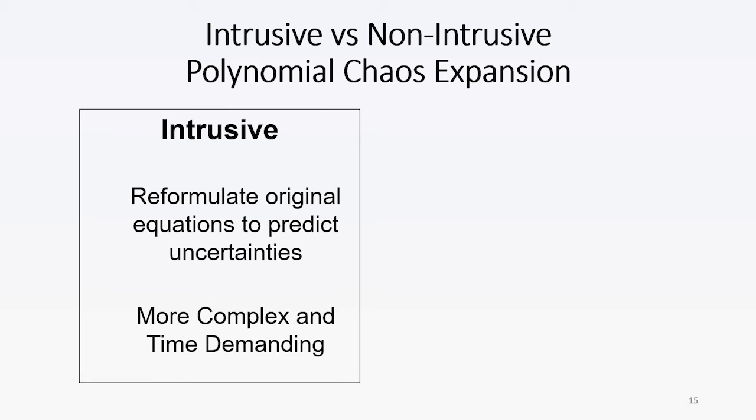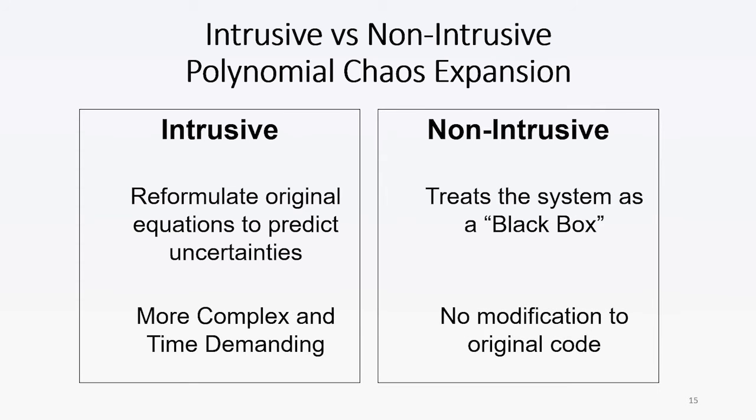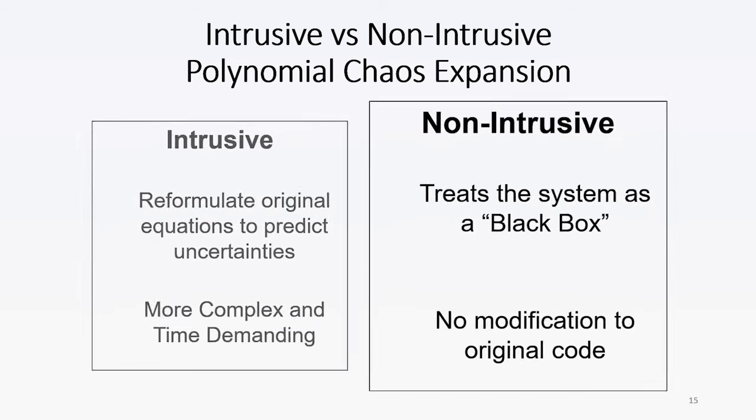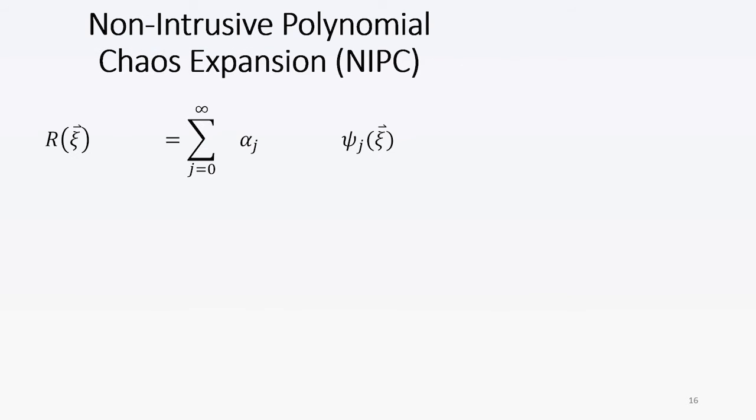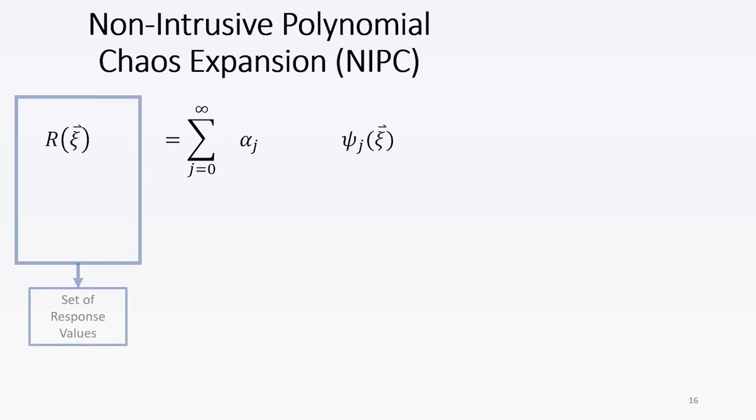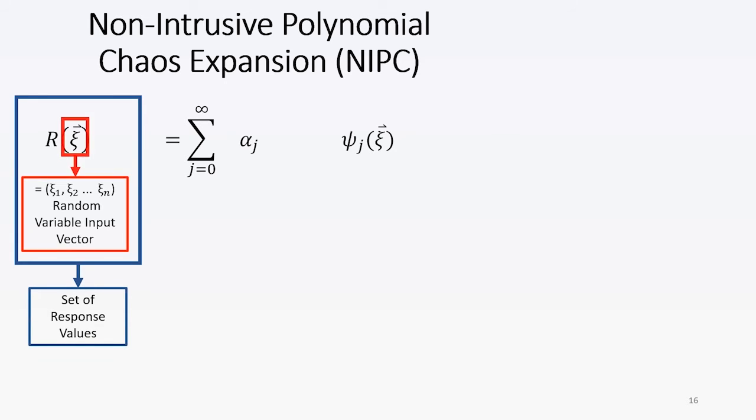The first one being intrusive, as it modifies the Navier-Stokes equations, and another one being non-intrusive, since it treats the system as a black box and does not modify the Navier-Stokes equations. The non-intrusive one is found to be less complex and less time-consuming, which is why it will be employed in this paper. The non-intrusive polynomial chaos expansion, or NIPC technique, expresses a set of response values R of a random